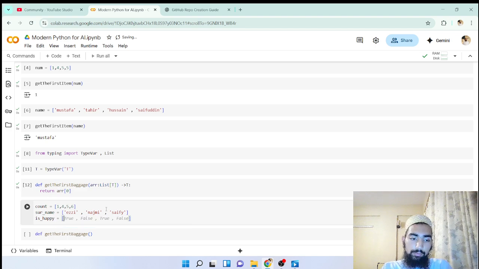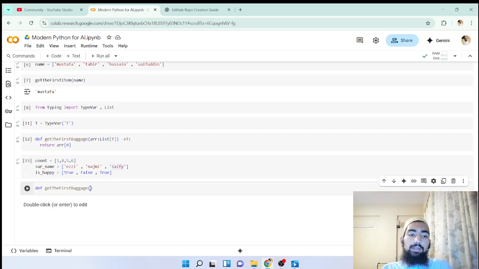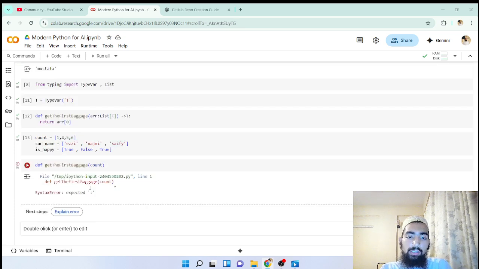For example, true, false, true, whatever you want, and you can pass these variables as you wish in this function, and it will